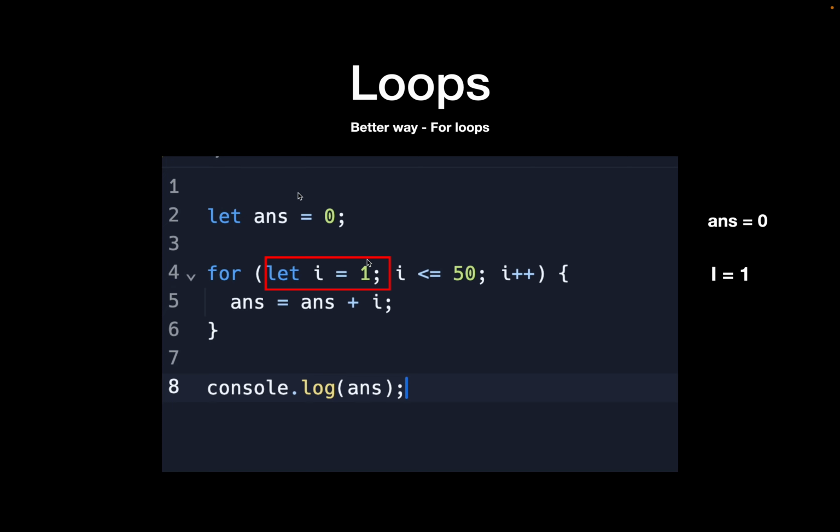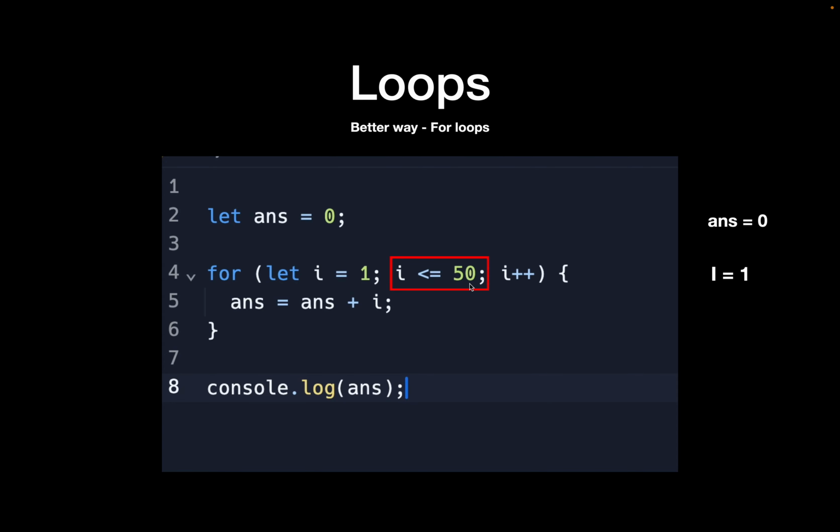This is very similar to me initializing let answer equal to 0. Why do I initialize i, and why do I initialize it with 1? The answer is we want to start from 1 and then go to 2, 3, 4, 5, 6, so on and so forth, which is why I initialize i with 1, and that's my initiation step. That is the first thing that runs after this line runs. Once this has completed and i has the value of 1, which is what you see on the right, then